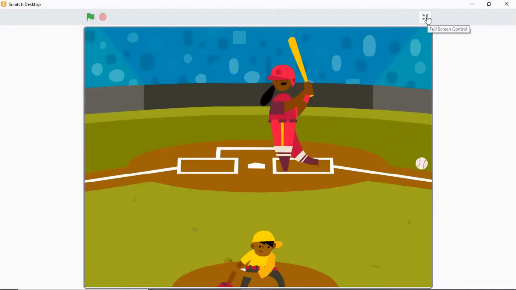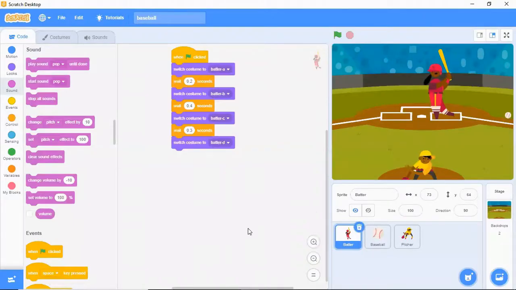You all love to play, right? Yeah. Now we need here 3 sprites. One is the batter, the bowler. Instead of bowler, here it is a pitcher, and then the baseball. So let us recreate this project.